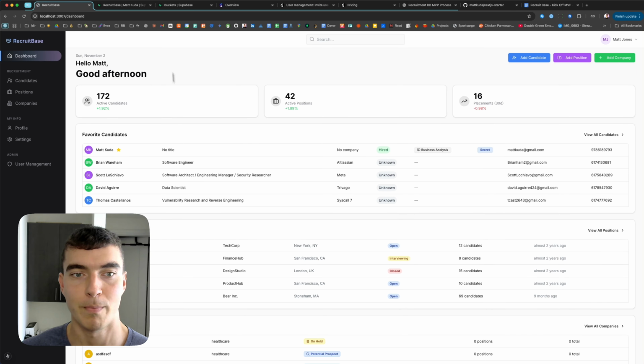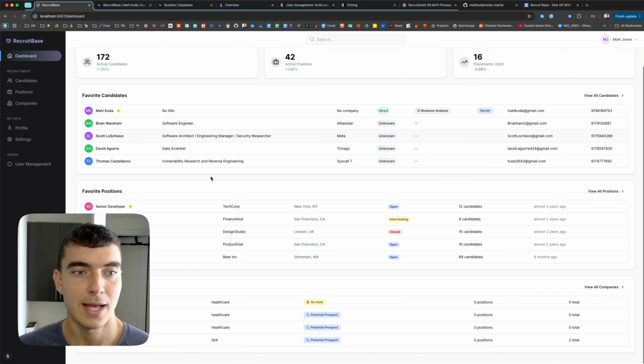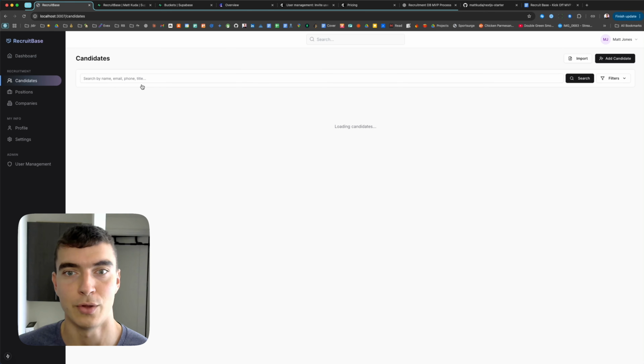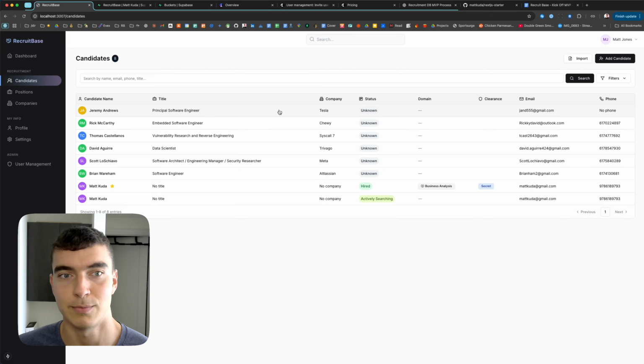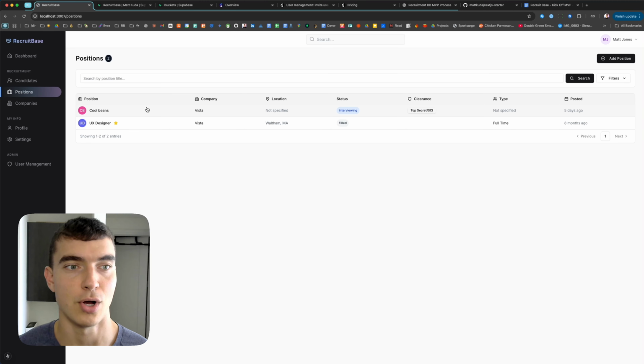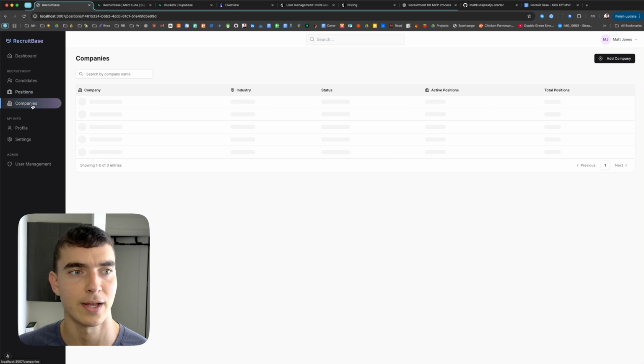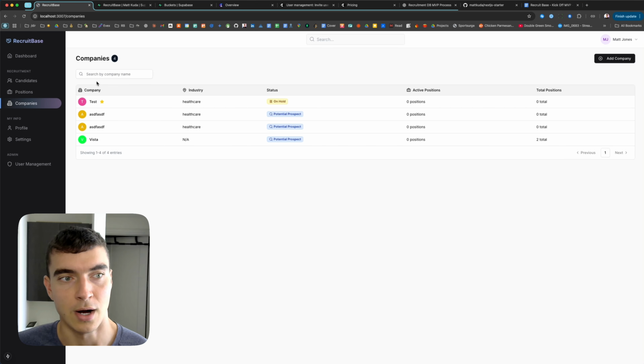Here you have the homepage just with your top entities and some basic stats. You can go into candidates, all the people you have tracked with all their resumes. We have positions, all the roles we're looking to hire for, with the Jira board style thing here, so you can track candidates as they advance along the stages of interviewing, and all the companies we are working with, and